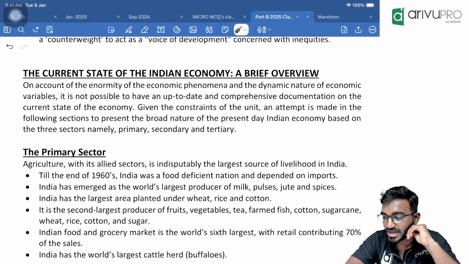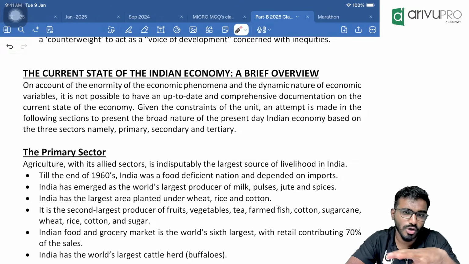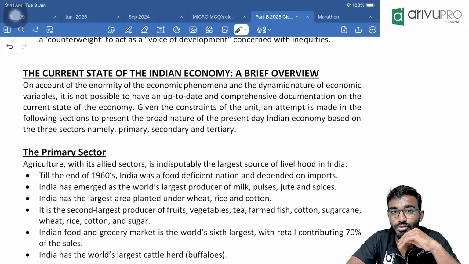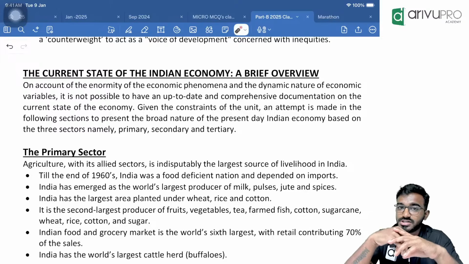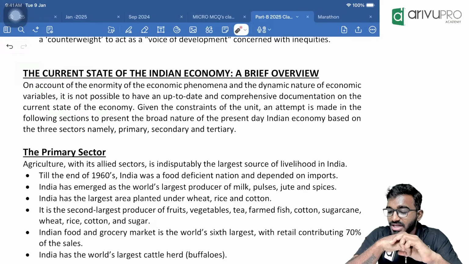No, international trade, I will touch it in tomorrow's class. Chapter 2, tomorrow is the last day. Chapter 9, we will finish it off tomorrow. 5 units are there, interesting units. Every unit may take 20 minutes to half an hour to finish. 5 units total, around 2.5 hours. We'll finish it off tomorrow. If I also do international trade today, it will be too much. So tomorrow is going to be the last class. Chapter 9, we'll wind it up.